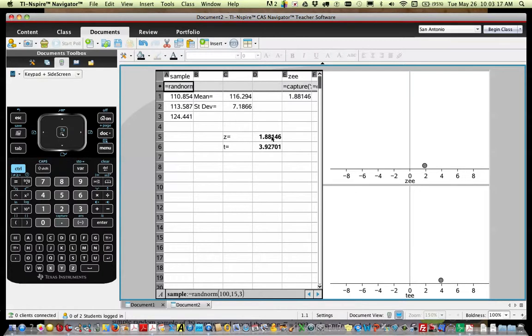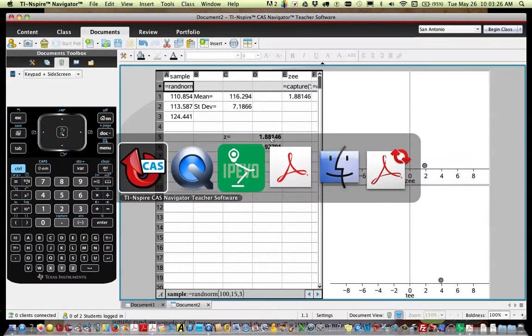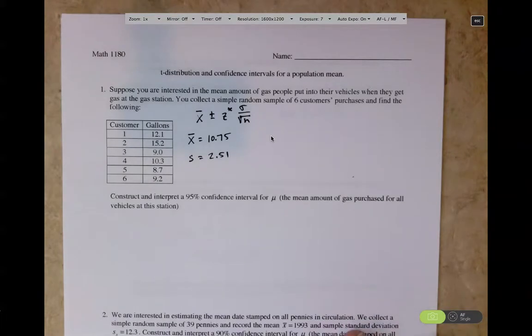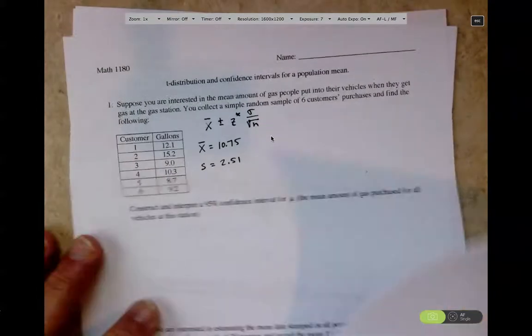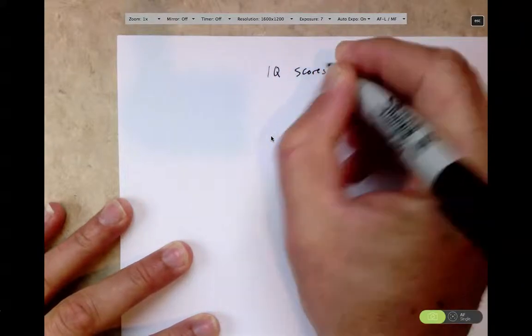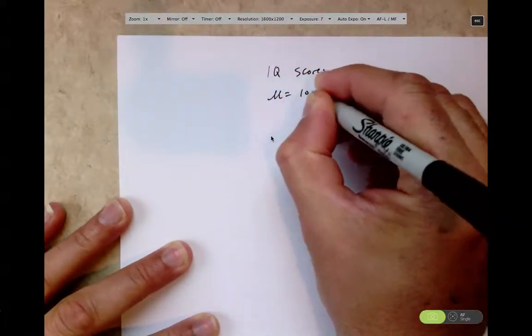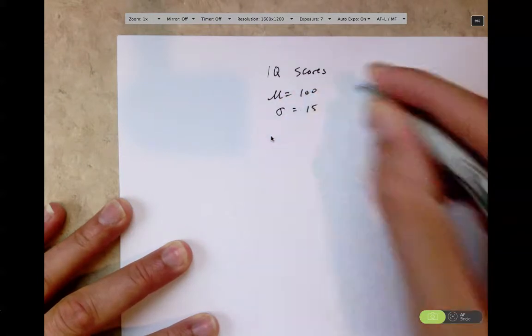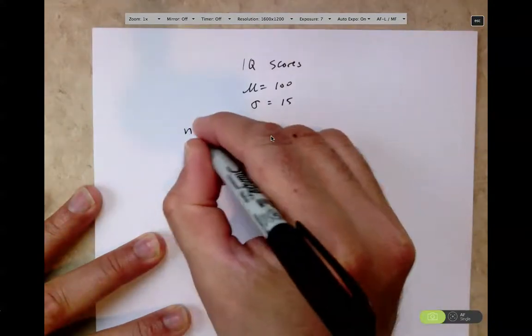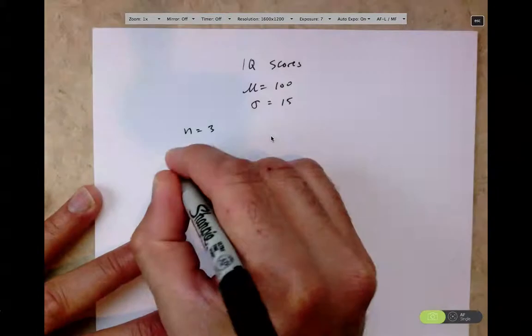All right, and then the next thing I want to look at is calculating some z-scores and then calculating something that we're going to call a t-score. So let me take you back to here, and I want to just make a couple notes. If we went out to this population of IQ scores, the mean of these IQs is 100, and their standard deviation is known to be 15. So what I'm going to do is go out and collect a sample of 3 IQs, and I'm going to calculate a z-score.